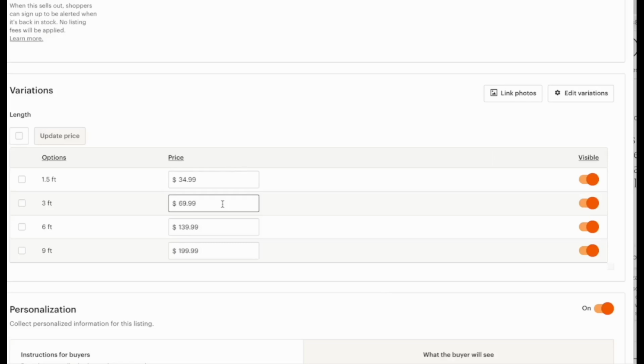And when I send them their order recap message, I will point out that the listing photo shows the 9 foot size. And then, let's say they ordered the 1.5 foot size, I would say, since you ordered the 1.5 foot size, it will be a smaller scale and it fits only 3 flowers on it or something like that. And I've learned this the hard way through getting reviews from people who didn't understand the difference between the sizes. So I am explicit with setting the expectation of what that difference is